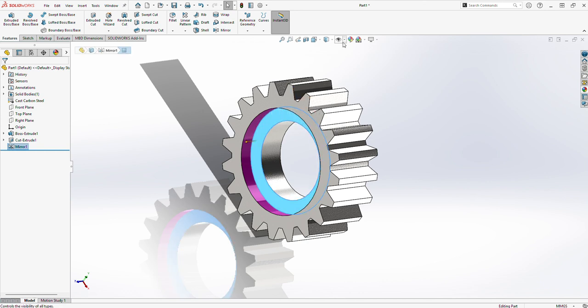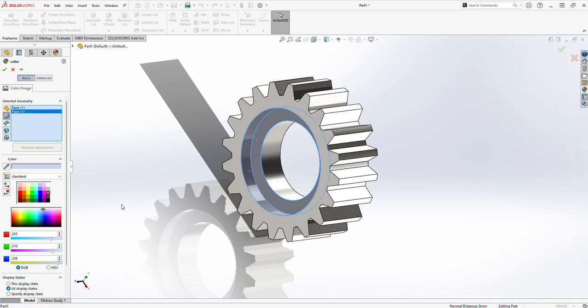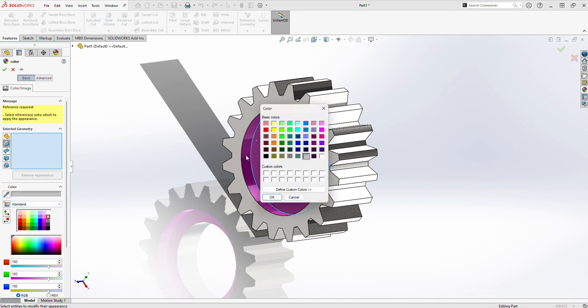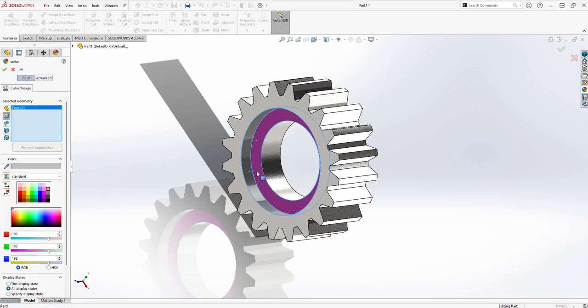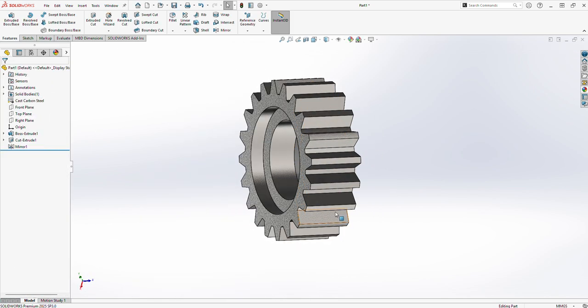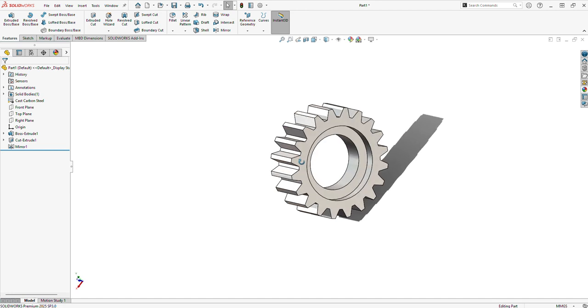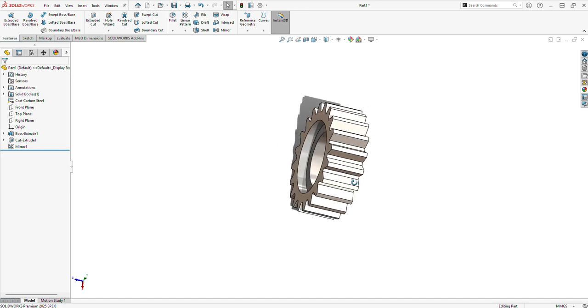You can remove this color. You can also set here plain white to better preview,